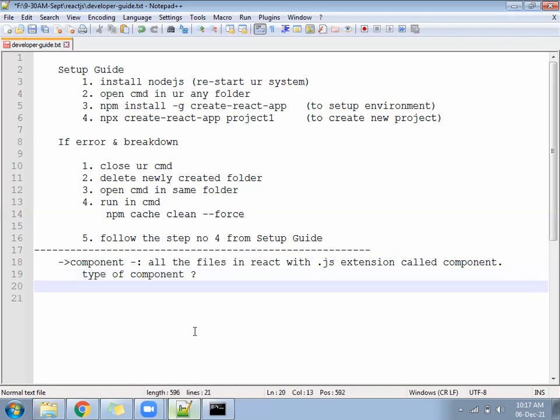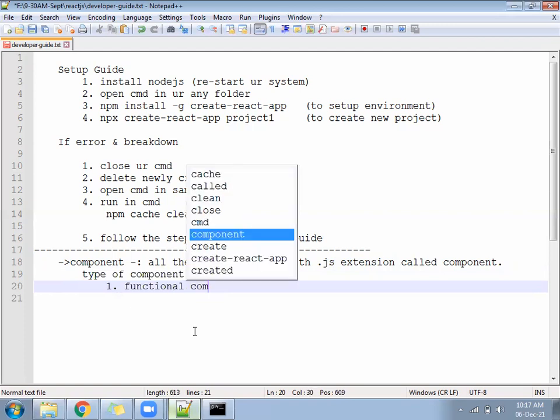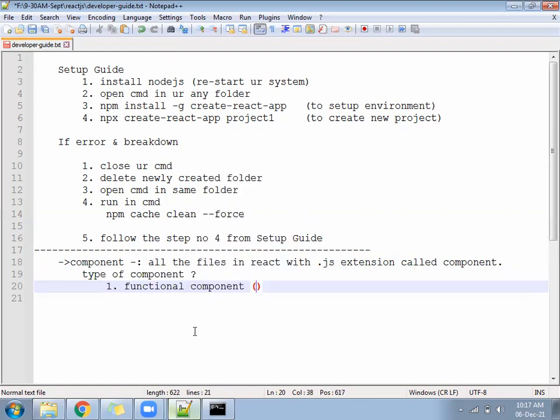You can write below one, functional component, based on function.